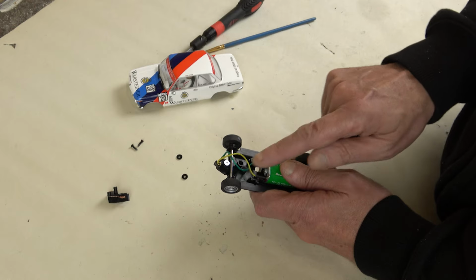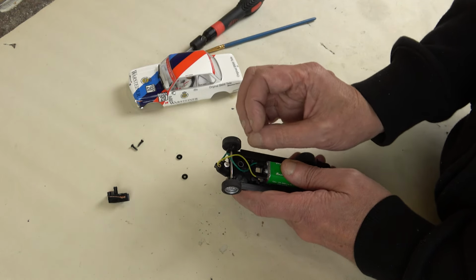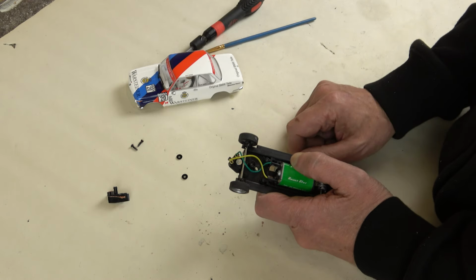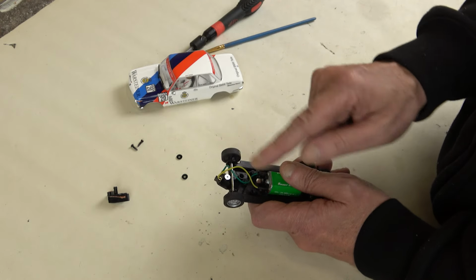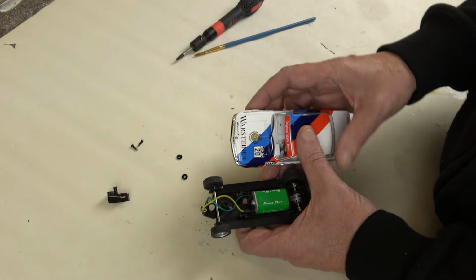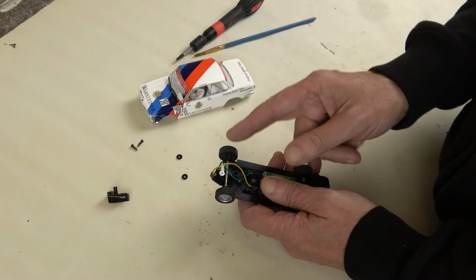And on top of that, the reason that one wheel was stuck out too far was because the hole the axle goes into just wasn't moulded properly. I had to drill it out further. One side was okay, the other side was not, which accounted for quite a lot of that odd crabbing that was going on. And once I'd managed to get